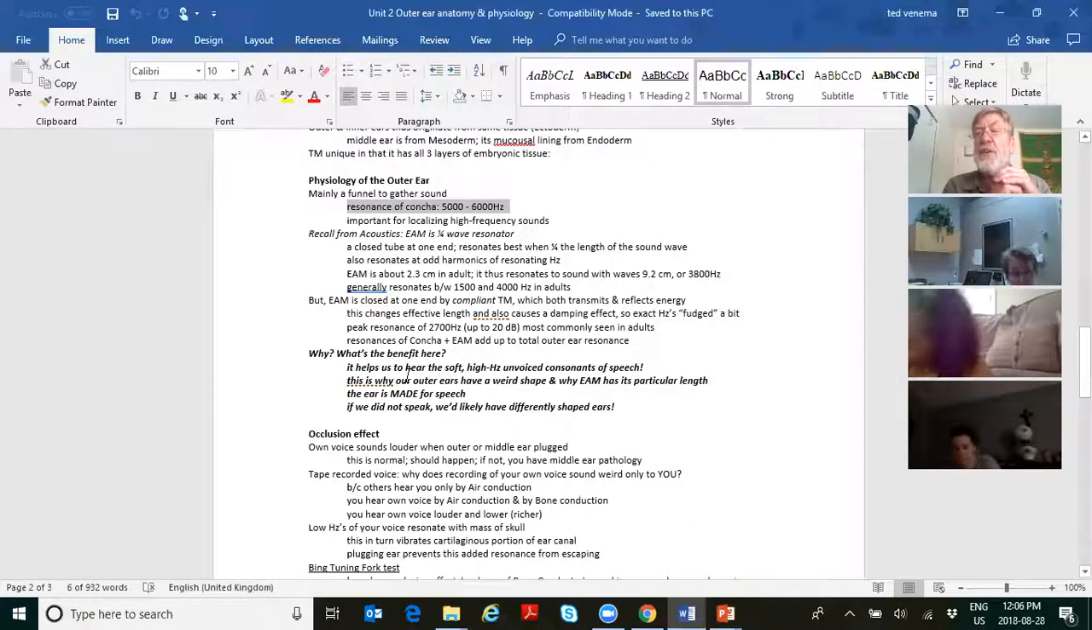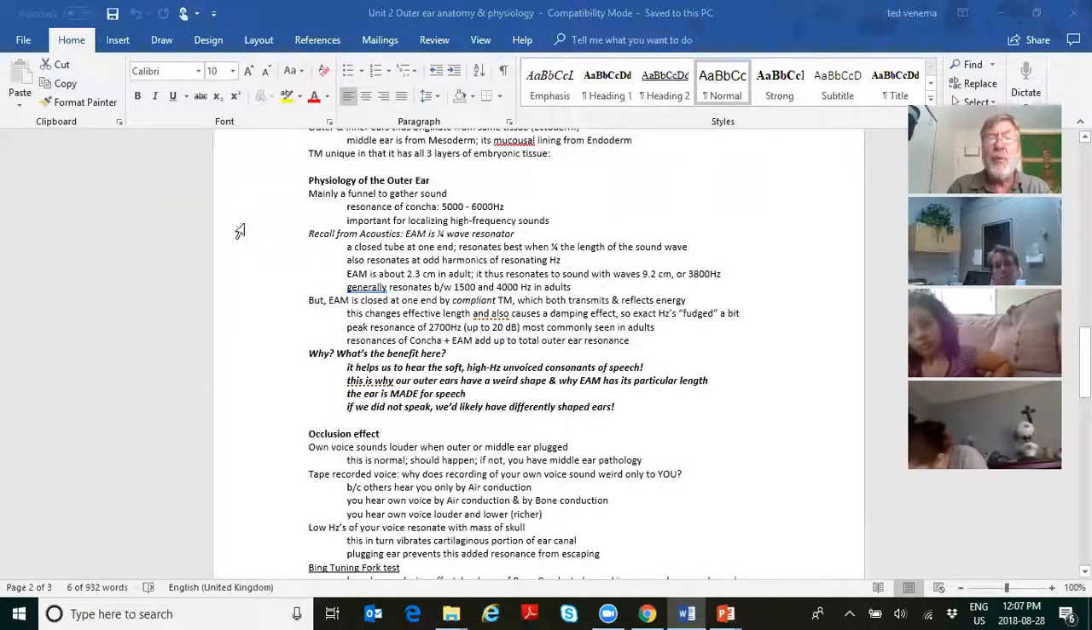The resonance of your concha bowl. Resonance, as you learned in acoustics this morning, is the favorite vibrating frequency of an object. Remember we said this morning, it depends on the mass and the stiffness of the object. So any object that carries sound has mass and stiffness, and its mass and stiffness determine its favorite vibrating frequency, namely its